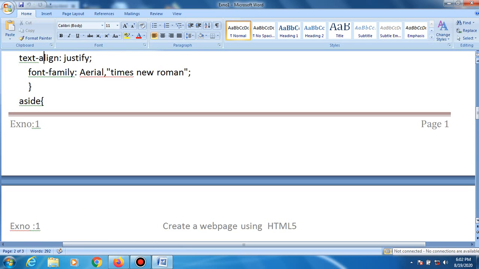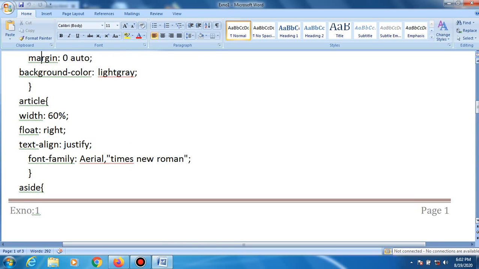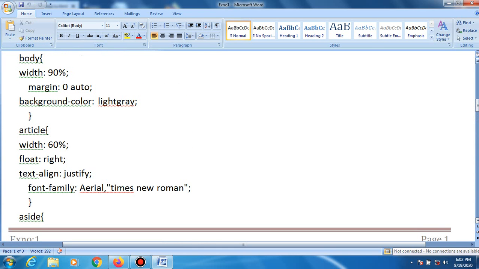There is a purpose. For every statement, whether we are putting a semicolon or a colon, there is a meaning. So here width equal to 90%, this colon represents equal to 90%, and at the end of this statement we put a semicolon, okay.